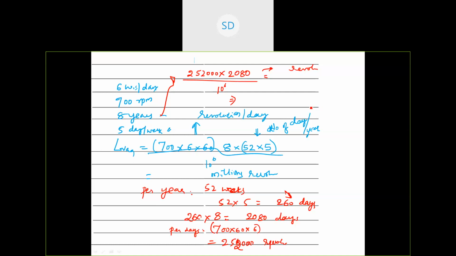Okay. Someone calculated 524160000. Let us see. It is going to rotate 52 crore 41 lakh 60,000 revolutions. Okay. That means in terms of millions of revolutions, it's going to work 524.16 millions of revolutions. It's clear? It's clear. Okay.